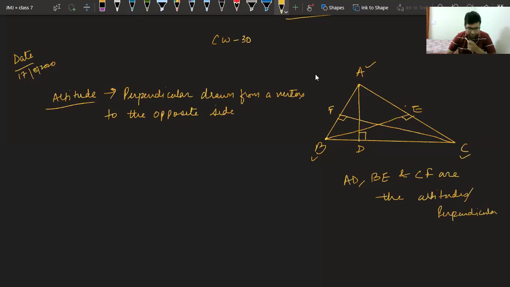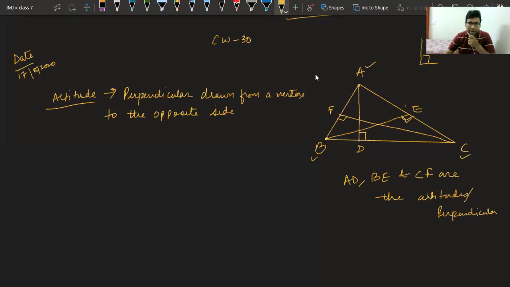That's it. Is it clear to you now? But I have shown you from vertex B also. You don't have to worry about this right now. Just you have to show this square angle. I have told you if you show this type of angle, it means it is 90 degrees. Okay. Now,